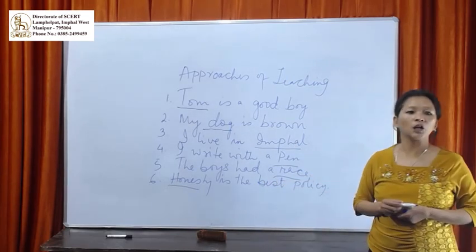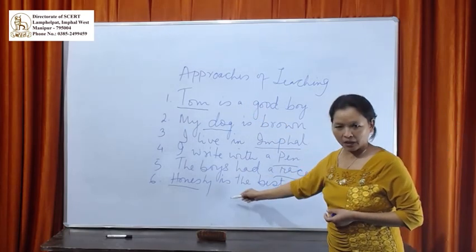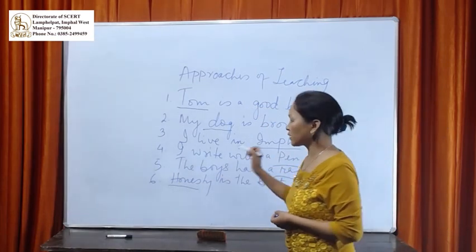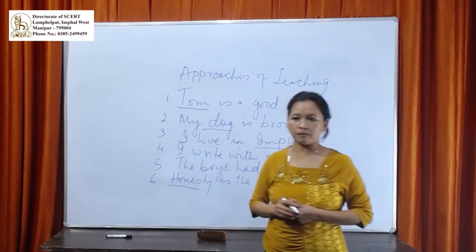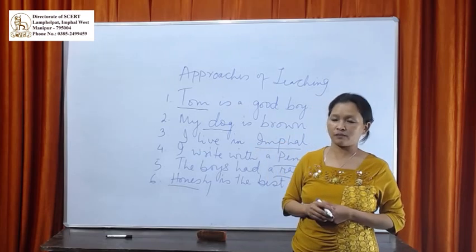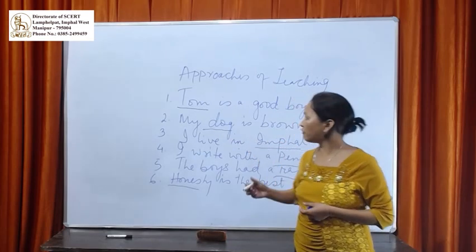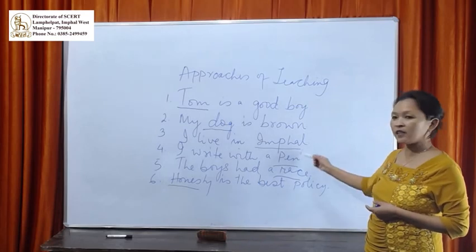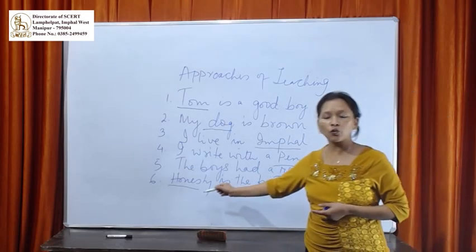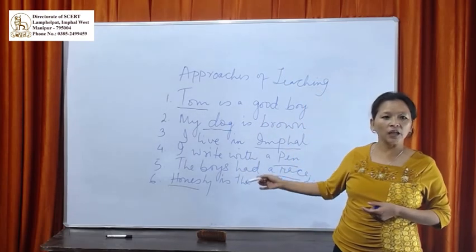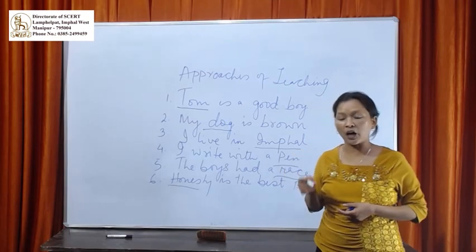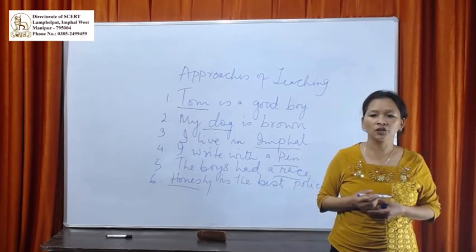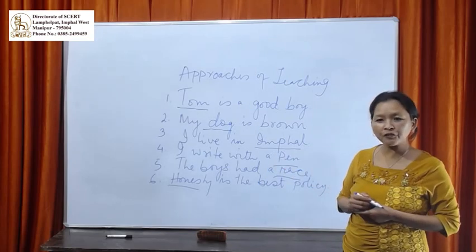And honesty is a quality. So, through this inductive approach of teaching grammar, we can draw a conclusion, or we can draw a theory, or we can define what a noun is. So, a noun is the name of a person, animal, place, thing, action, or quality. This is how we use the inductive method or approach in teaching grammar. But if we have to use the deductive method,